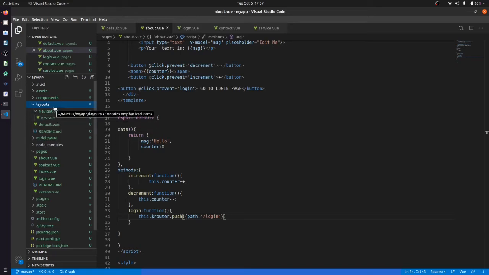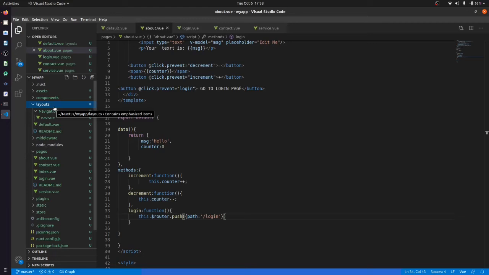I will use Vuex for state management. I have worked with Redux, with the context API, and with NgRx also, but I have found this method the easiest method of state management.